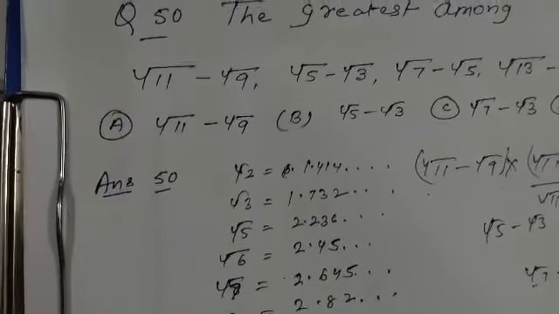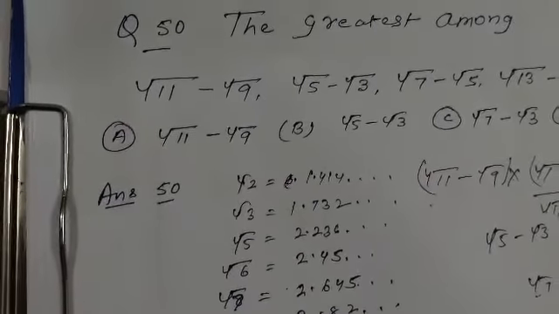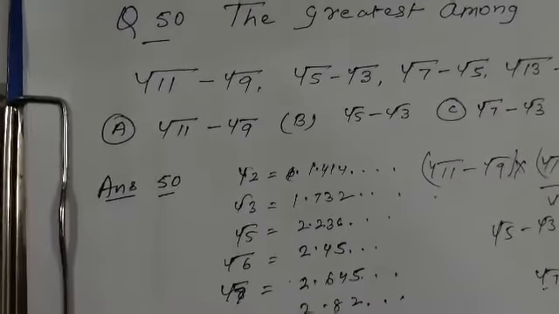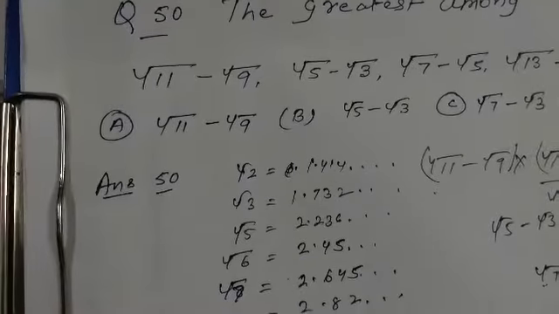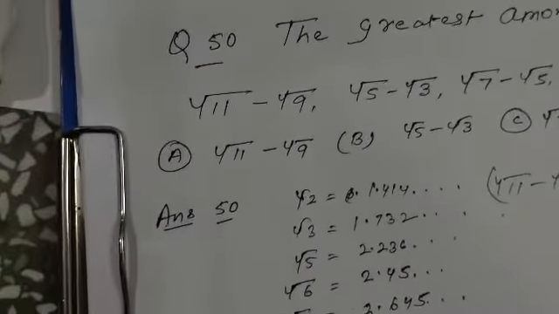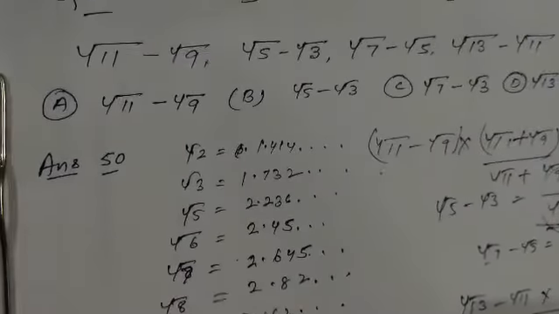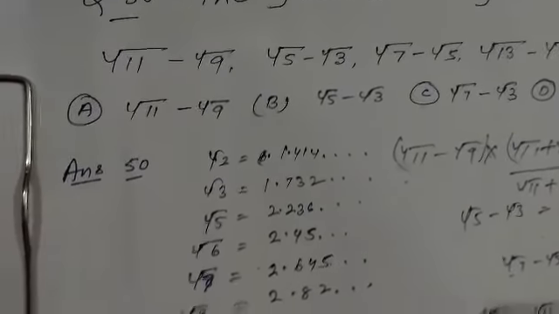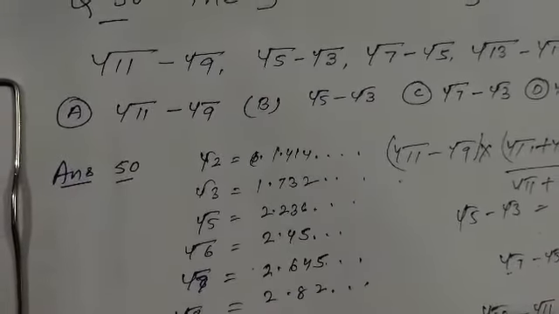Now go to the concept. If the numerator is same and the denominator is the bigger one, the value is least. Clear? If you are dividing 2 by 100, the value is least. If you are dividing 2 by 50, it is the greater value. Because the fractional value is inversely proportional to the denominator. If the denominator is the bigger one, the fractional value is the least. If the denominator is the least one, the fractional value is the bigger one.